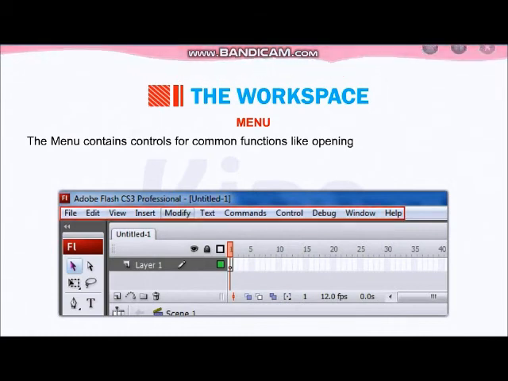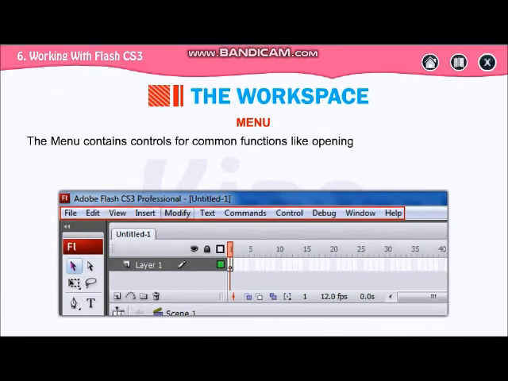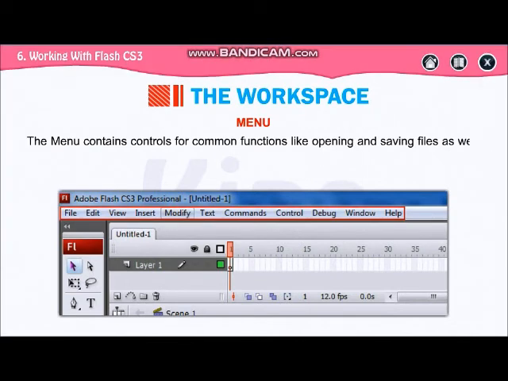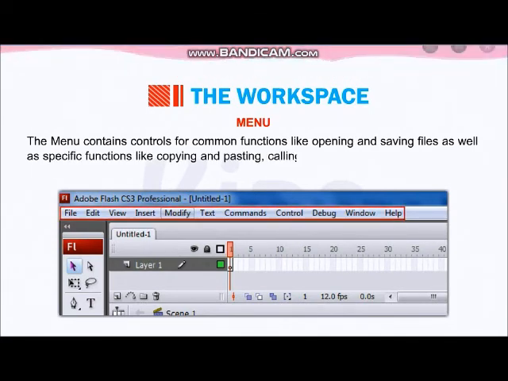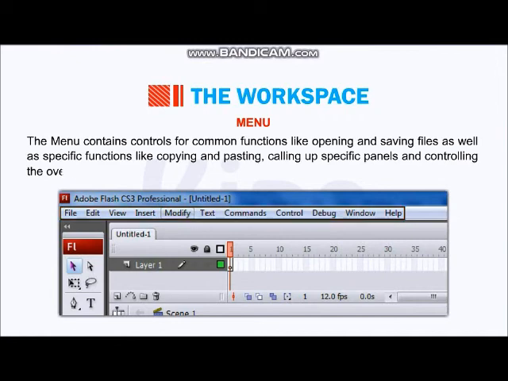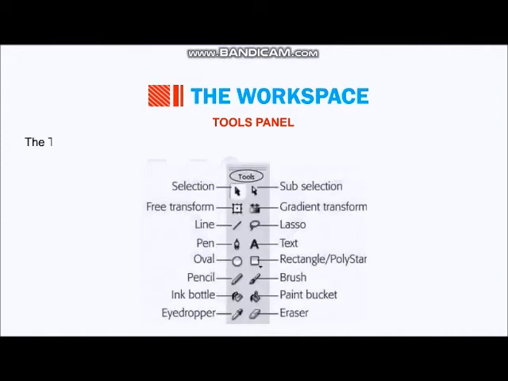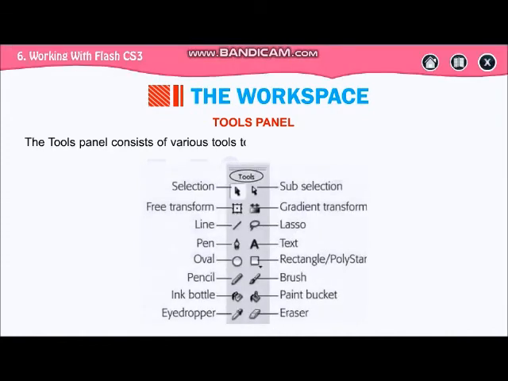The menu contains controls of common functions like opening and saving files. Then the tools panel. See, these are the tools. Now the first tool is your selection tool.